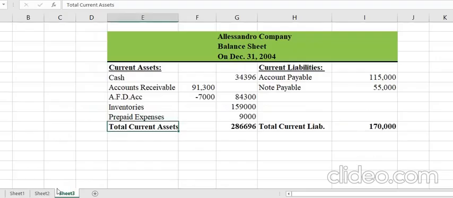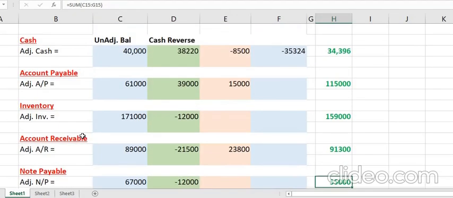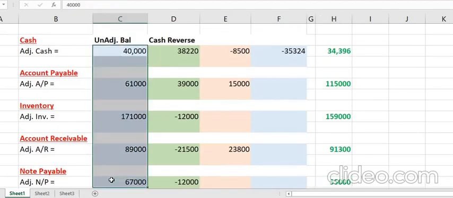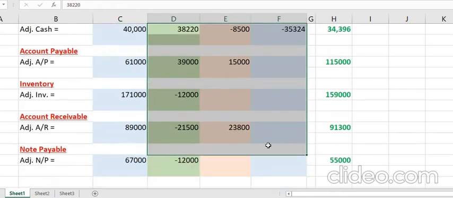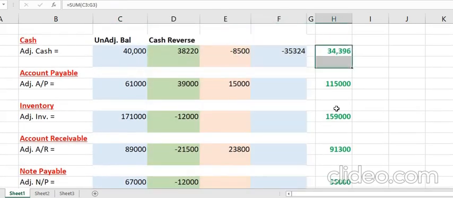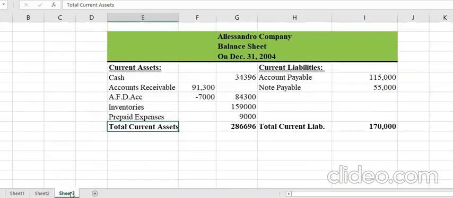So we started with the unadjusted balance, and then we made adjustments. With the help of that we calculated the adjusted values, and based on the adjusted values the balance sheet was prepared. So this is it from the exercise